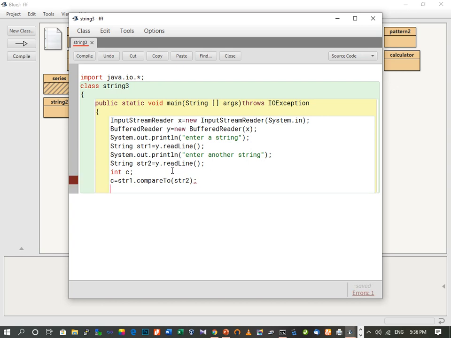And now we will display the output. So System.out.println, we have to print the value of c, so we can straight away print c over here.